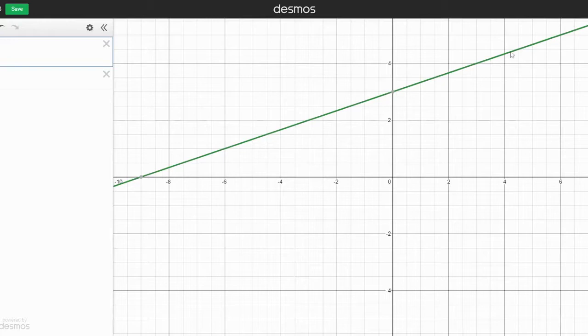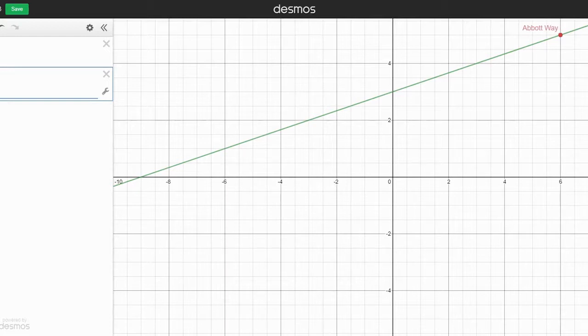Now I want to name this road, Abbott Road. There's no setting that allows me to name a line. So what I have to do is graph a point on that line that's kind of out of the way. So let's say I picked 6, 5. Let's graph that point. You see it up here in the right-hand corner? I'm going to label that